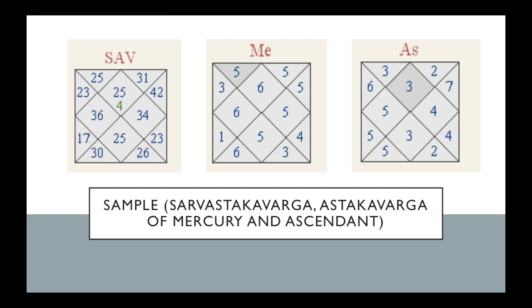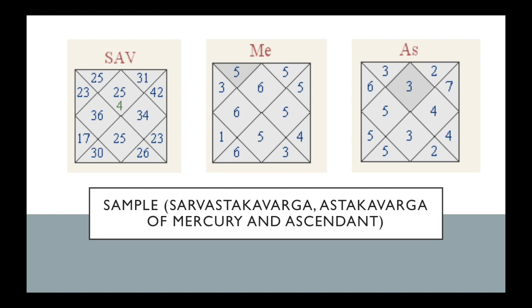If your ninth house has a lot of points, then you may be a very fortunate person. Whereas if your sixth house has a lot of points, then you may get a lot of enemies in your life. You may suffer from different kinds of diseases. But if your sixth house has fewer points, then your enemies will not have the power to defeat you. The diseases will not influence you a lot.